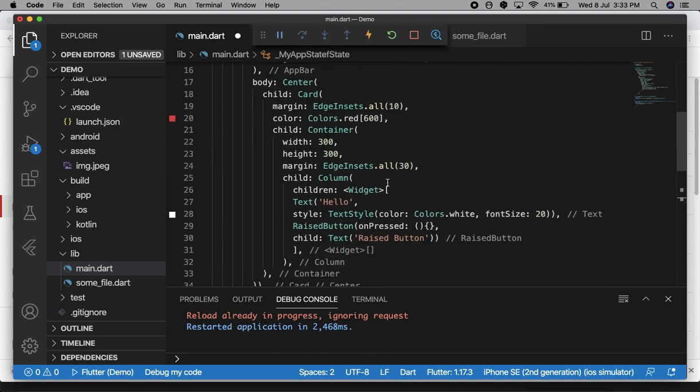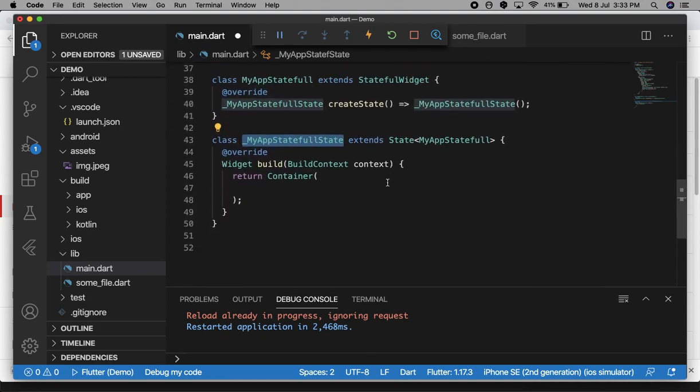And if we use a stateful widget, then in that case this build method will run again and again, whenever the state of the widget changes. So here we take an example.